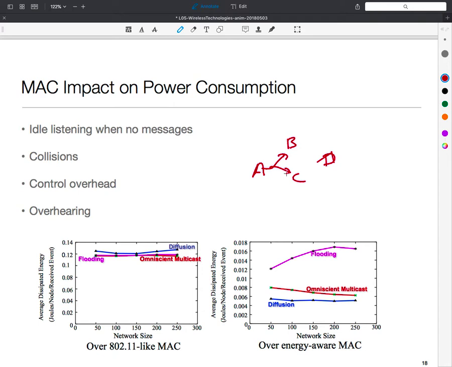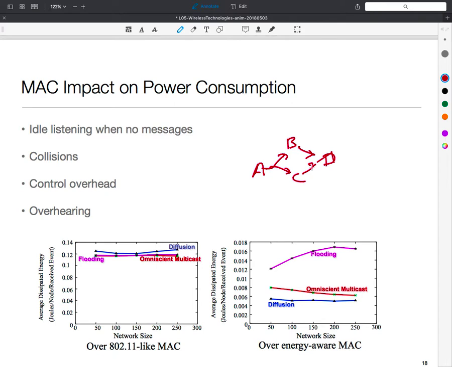But B and C know that they are also serving as relays. So B is going to have to retransmit the packet, and C will also have to retransmit the packet. If we have bad luck, B and C transmit simultaneously, and they will collide. So somehow we need to stagger things out. If you were to do dumb flooding, which is I just send things out, and the strategy is every time I get a packet, I retransmit,